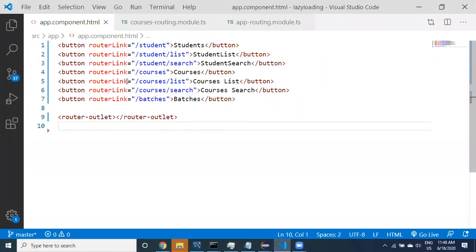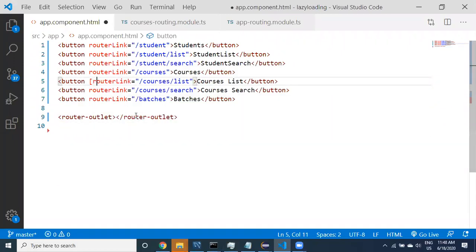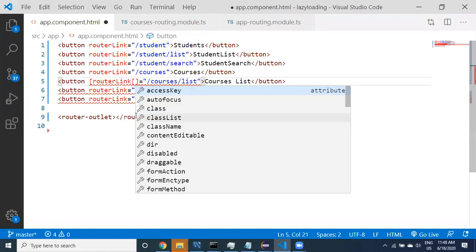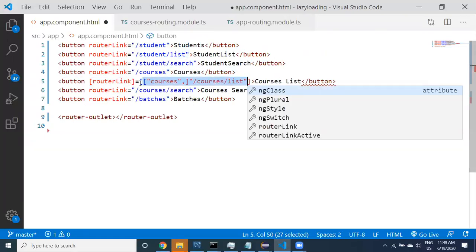Here, you can provide in another way. See, if you remember that, you can provide like this. See here, guys, you have to remember this syntax. You can provide like this, and what you can do is courses. Okay, one second. Remove this totally. I'm going to provide this one.